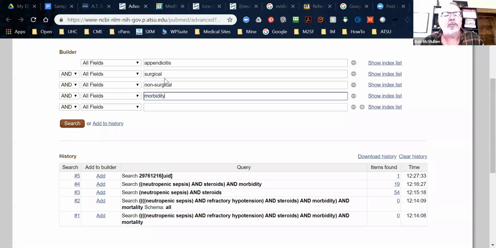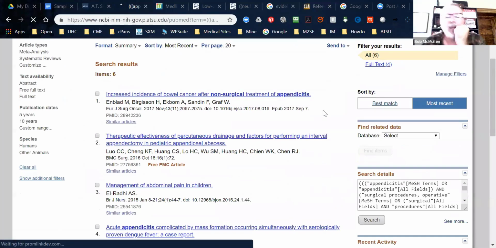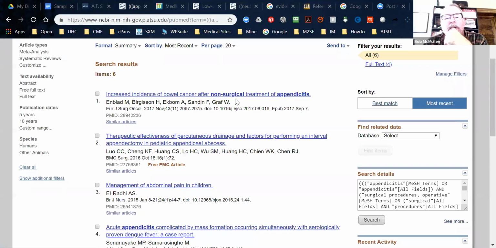If you treat appendicitis with analgesics and antibiotics versus emergency surgery, and we did the search, we found that there's an increased incidence of bowel cancer after non-surgical treatment of appendicitis. So her question was something along the line of, in adolescent females with 1 day of pain that started periumbilically and now is in the right lower quadrant, who have been diagnosed by imaging as having acute appendicitis, what's better,